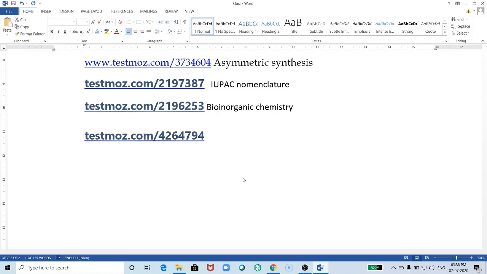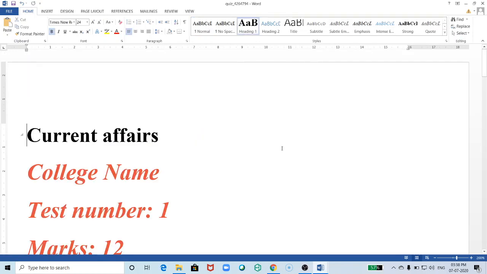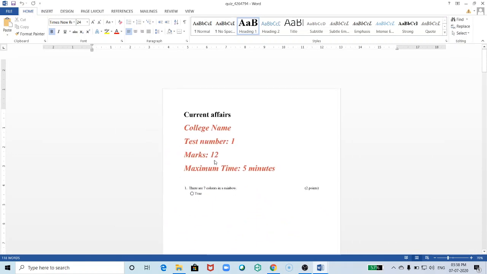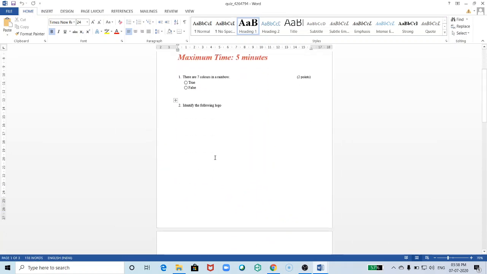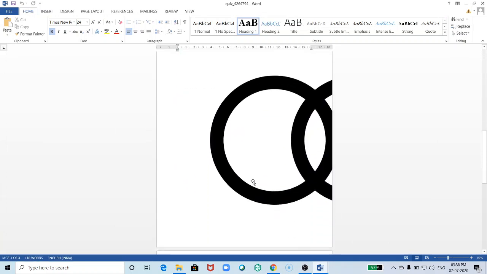So Test Mass is a very simple and efficient evaluation tool. Here you can see this is the Word document downloaded.